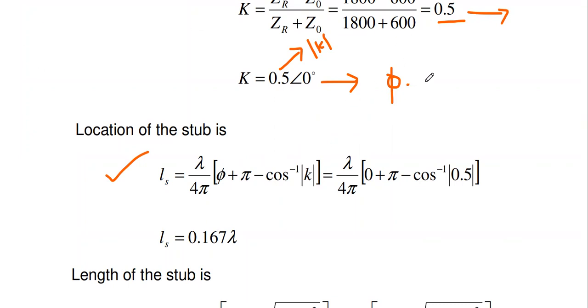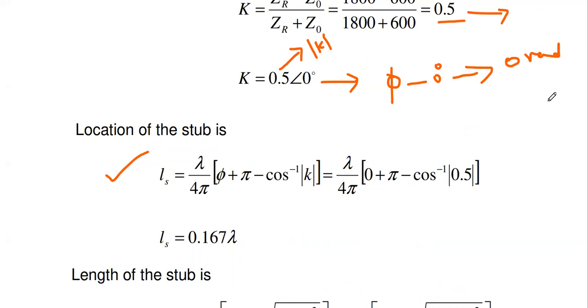So here the angle phi is equal to 0 degree. In this formula, all data should be in radian, so that's why this degree you convert into radian. Here the angle phi is 0, so anyway, if you are converting into radian also, that is 0 radian only. In the next formula, you may get some pi value.